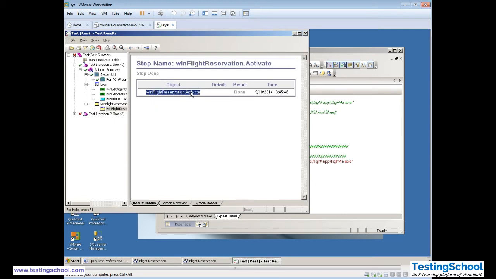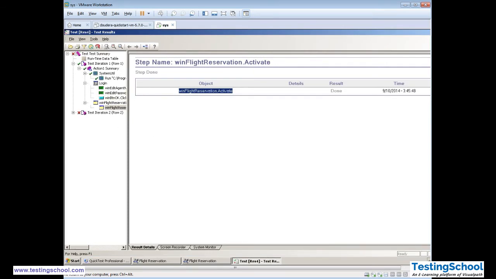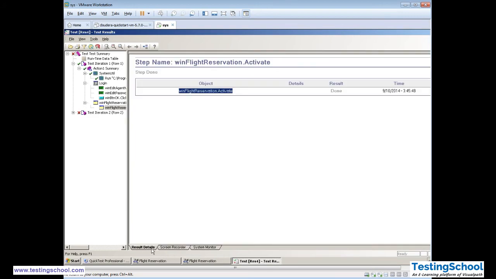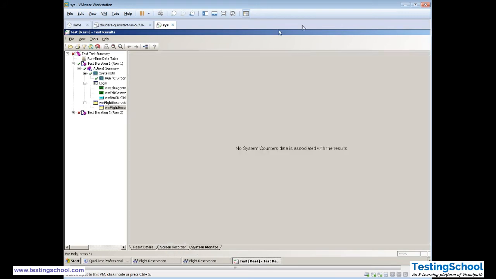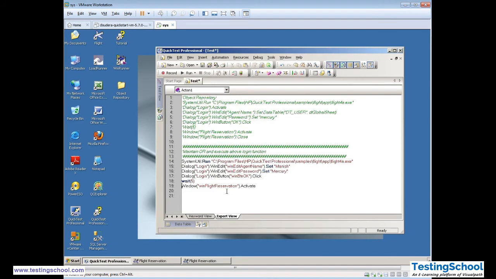Win flight reservation activated. Now the only problem which I made is two things. Okay, here I have made two mistakes. One is this one, activate, and then I should write dot close.